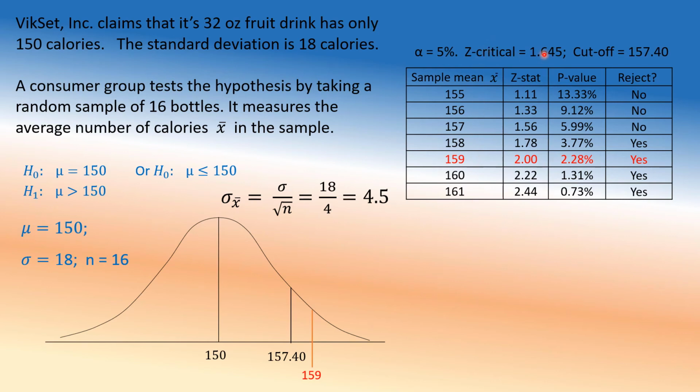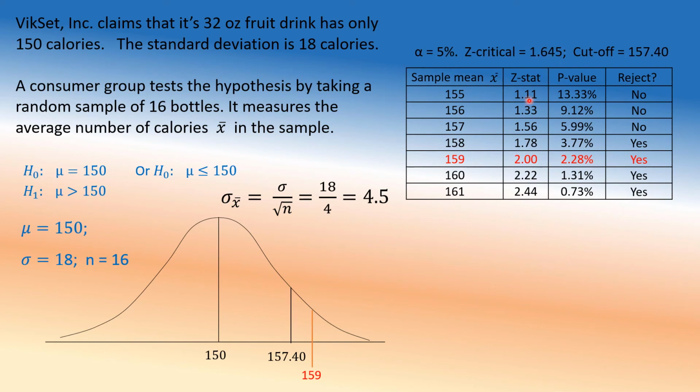Z critical is 1.645. Z critical is the same thing as Z stat, Z score, they're the same things. We call it critical because it decides between rejection and not rejection. So the Z score for alpha 5% is 1.645, from Excel, from a table, from R, from wherever. It's 1.645. Now look at Z-stat. Z-stat is actually coming from the sample. When the mean is 155, what's the Z-score? It will be 155 minus 150 divided by 4.5 to find the Z-score for the normal distribution, 1.11.